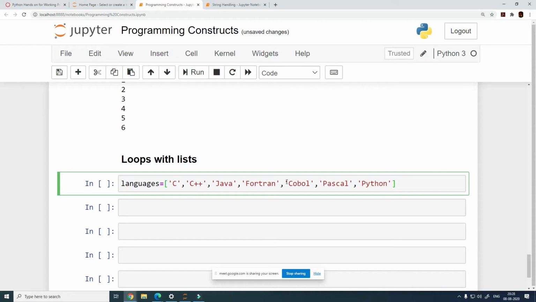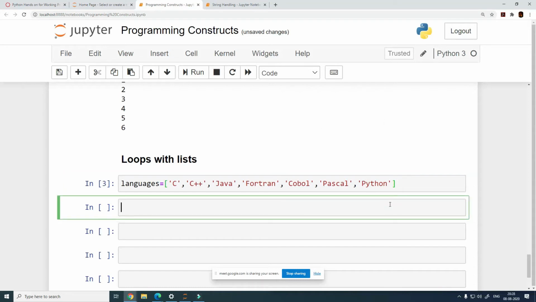So this is a list, right? This is a list, and what we can do is print the individual values in the list.